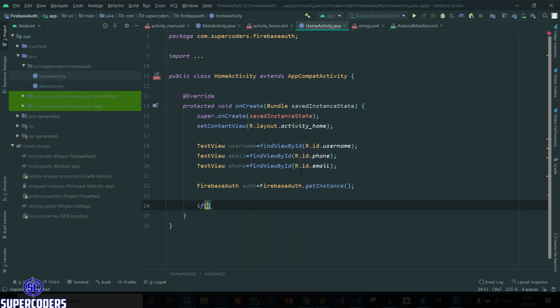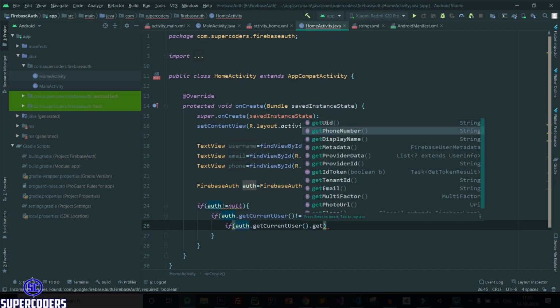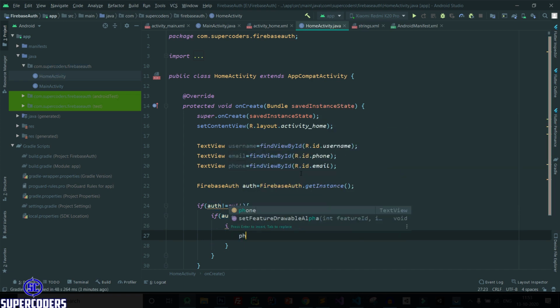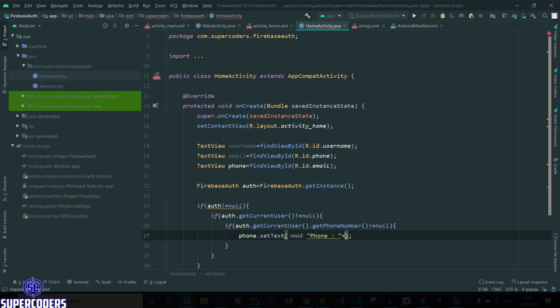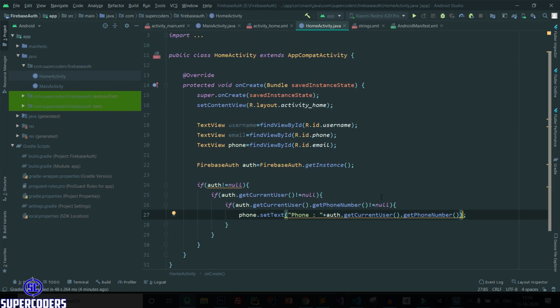After that if auth not equal to null, if auth.getCurrentUser not equal to null, and after that if auth.getCurrentUser.getPhoneNumber not equal to null, then phone.setText phone plus auth.getCurrentUser.getPhoneNumber. So here I am going to show the phone number when the phone number is not null.